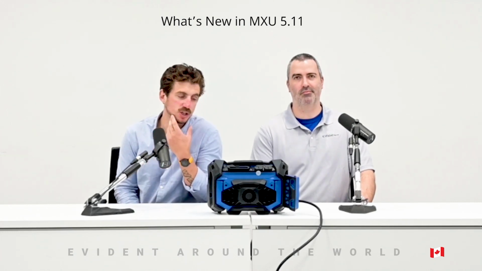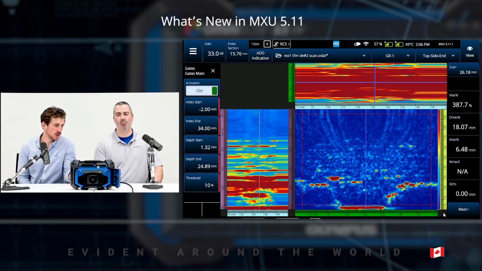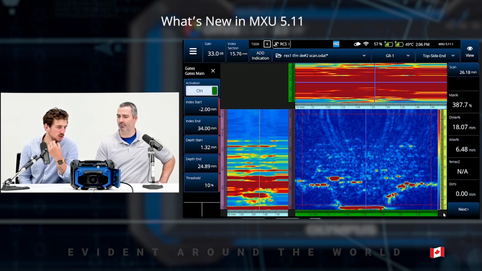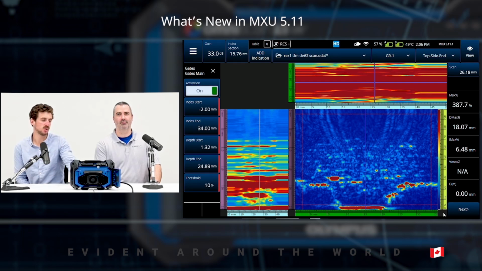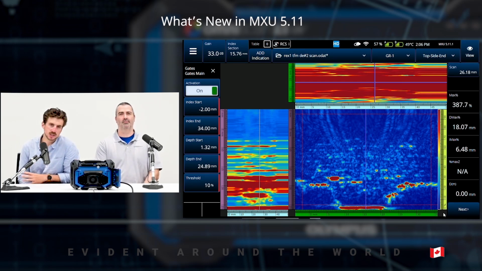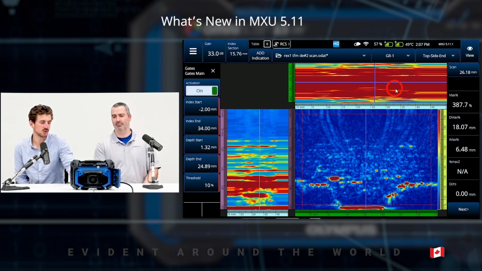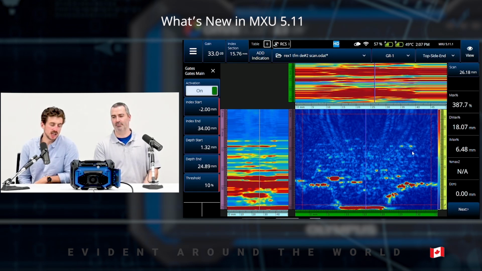So if I switch over to the OmniScan, we can see I already have my main gates menu open. This is the same menu as in phase array, and this is where we're going to activate and deactivate the gate. And with my top and side views, I can either choose to have all data, which is the view you're used to seeing with TFM, or if I do a long press on either of these views, I can change to gate A, where I only see the data that's included in my gate A.